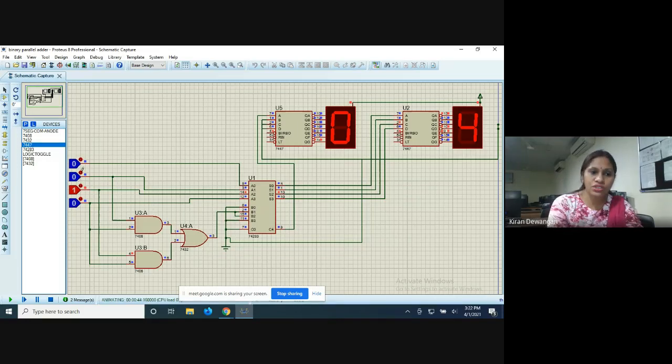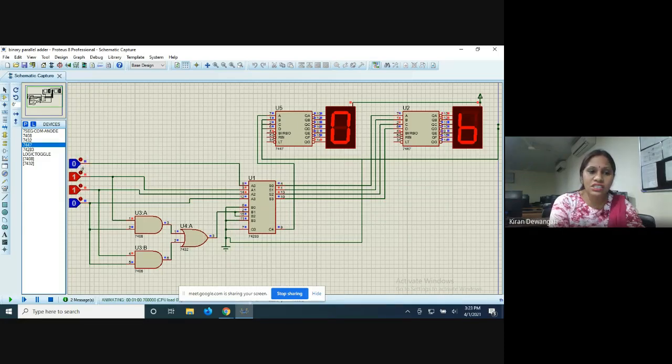Now if I give 0 1 0 1, it's showing 5. Now 0 1 1 0, it is showing 6. If I give 0 1 1 1, it is showing 7.